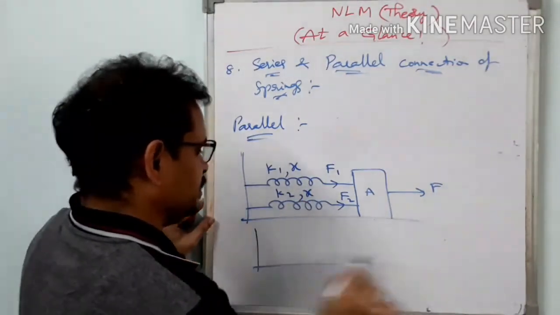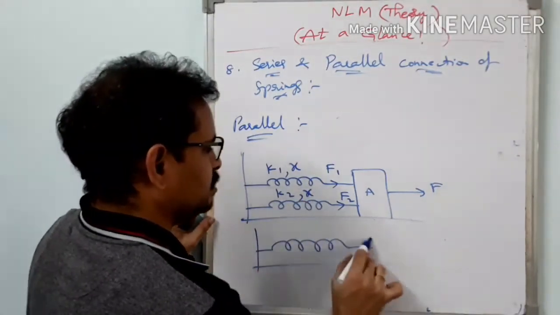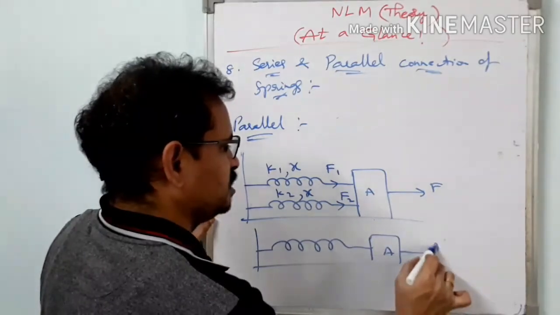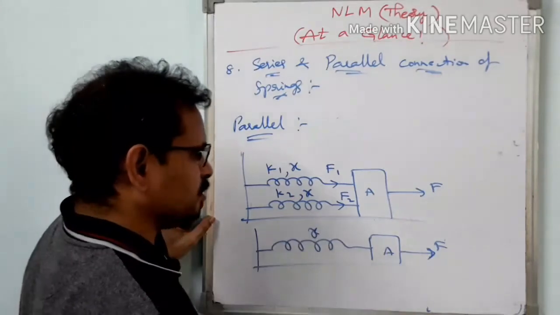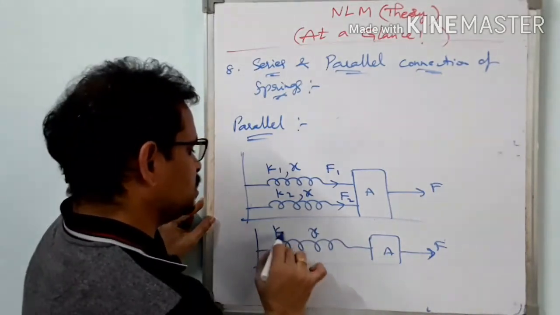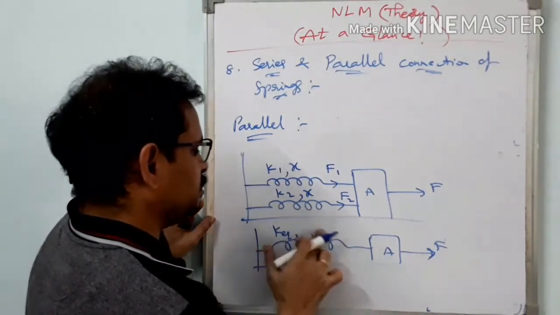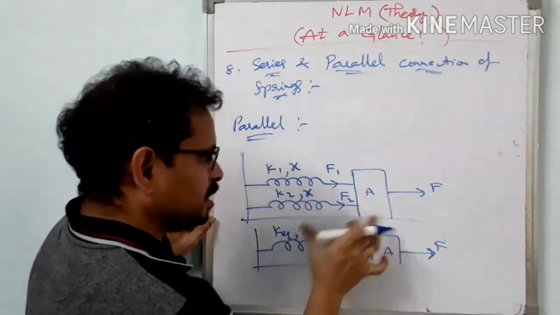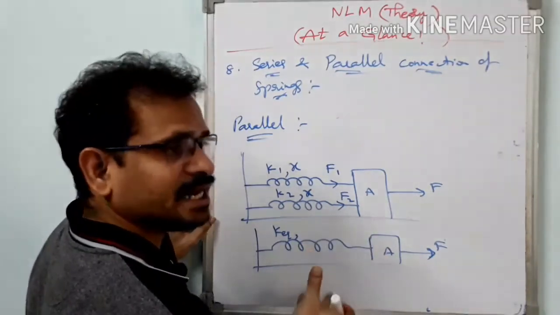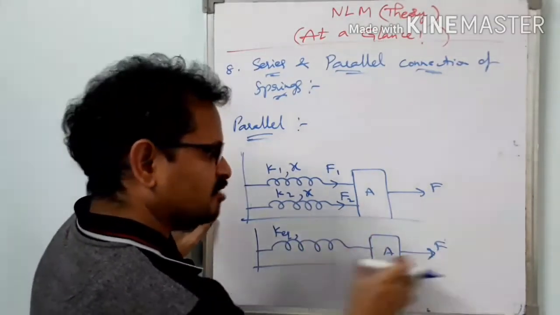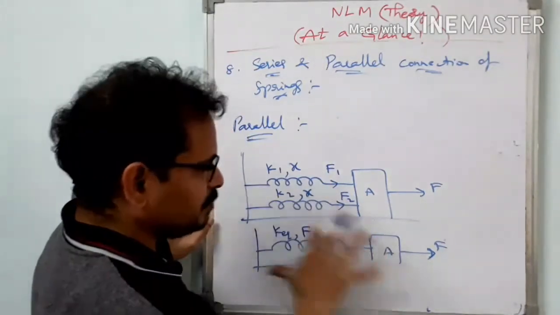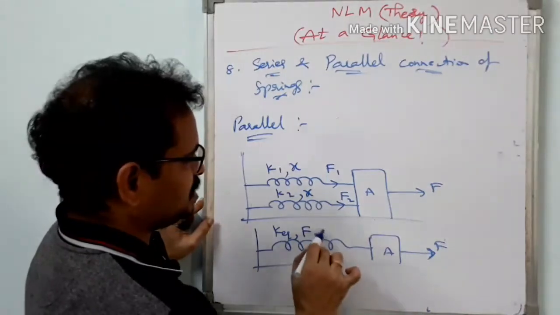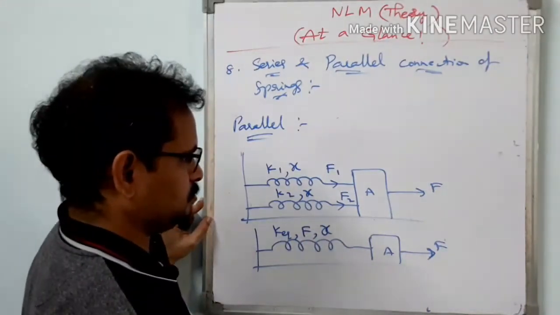So if we consider an equivalent spring, what will be the elongation here? The elongation must be the same only, no? So what is its force constant? K equivalent. How much force is acting on this one? There is no chance for sharing because a single spring is there. This entire force will be acting on this spring alone. So F is the same. Then what will be the extension here? The extension will also be x.